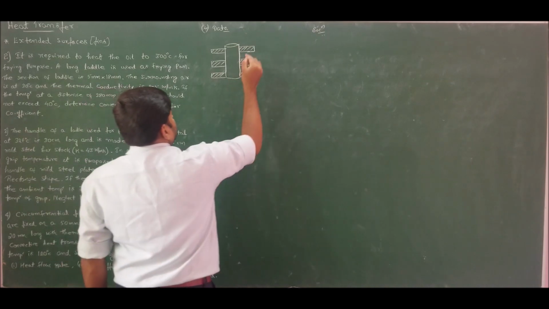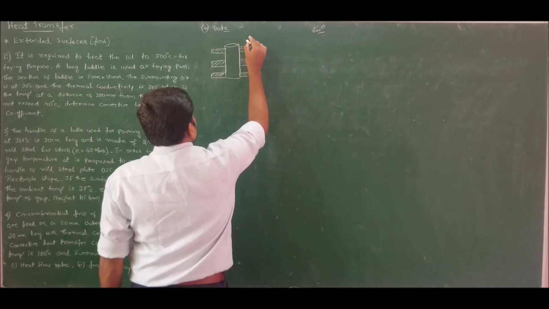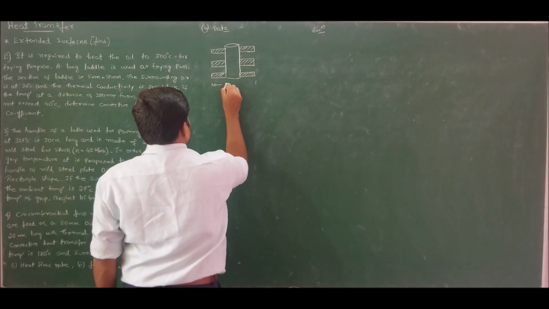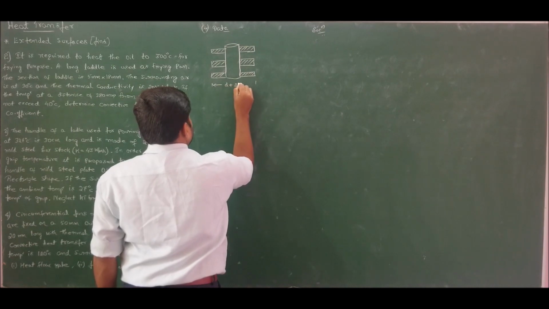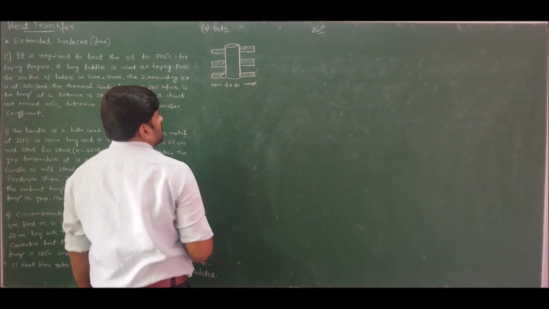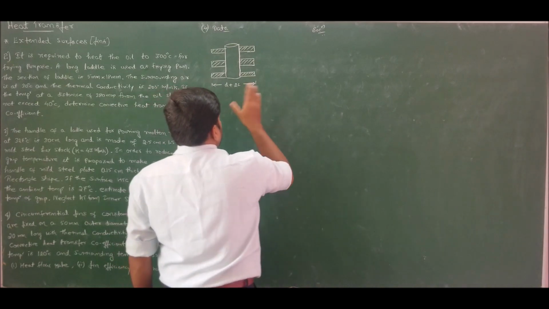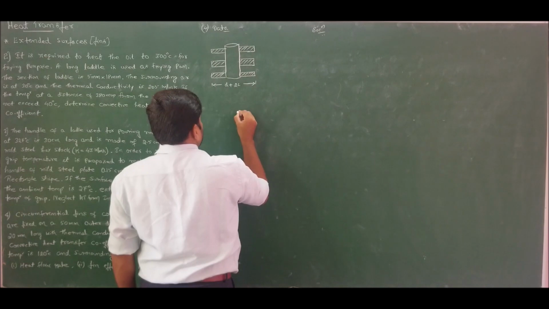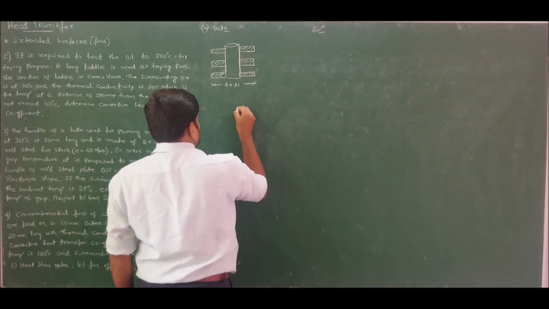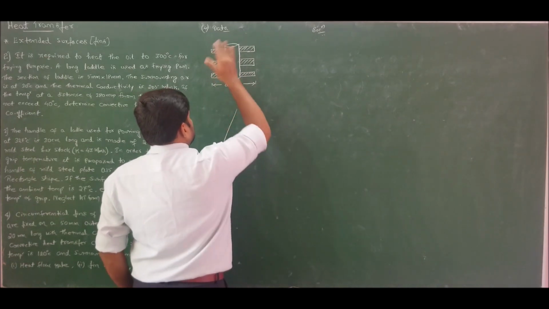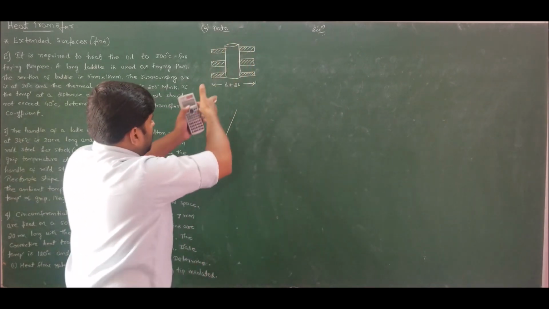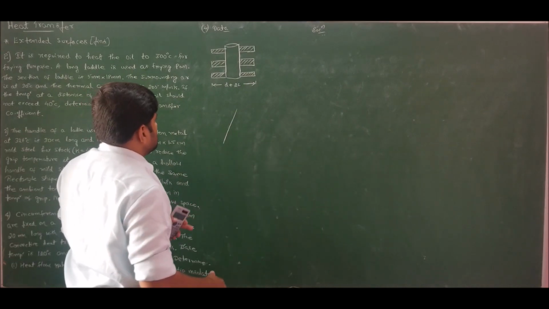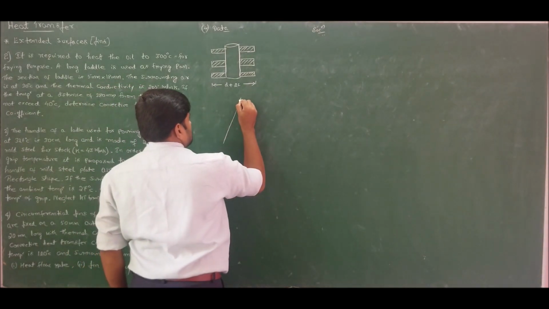So therefore, if I consider the total dimension, it will be diameter plus 2 times length of fin. Now, if I observe this in the direction of heat flow, I will cut this and open this pipe and treat it as a straight rectangular sheet attached with the fins. So it will look like this.